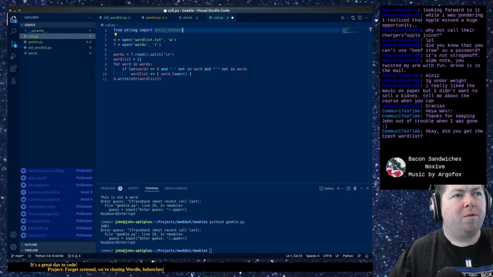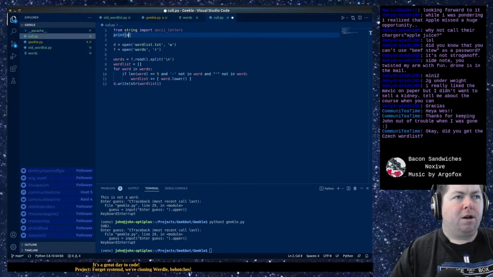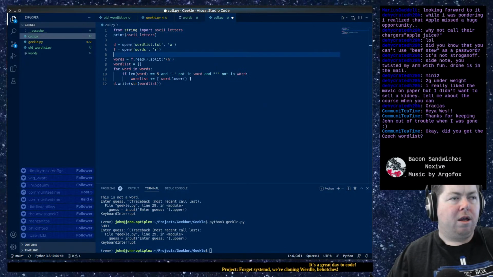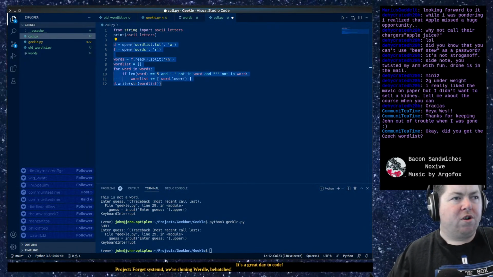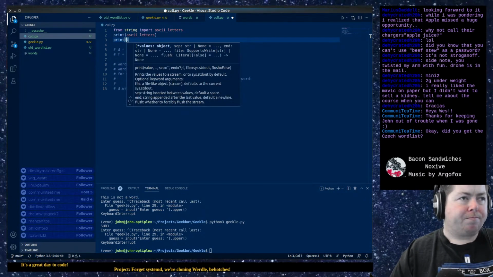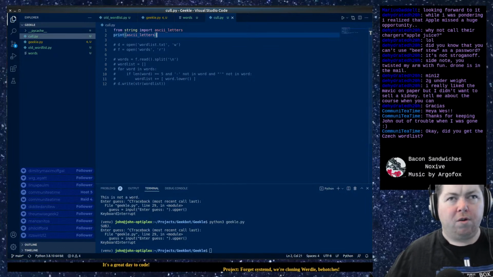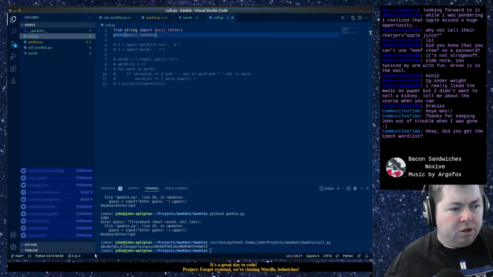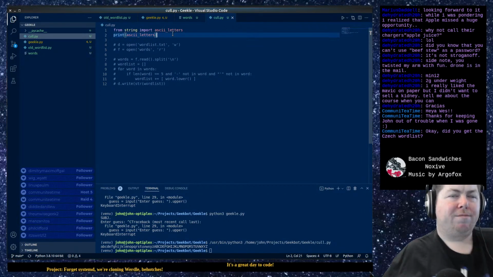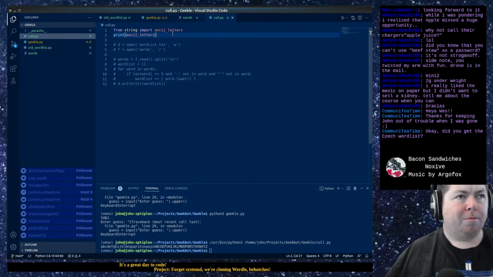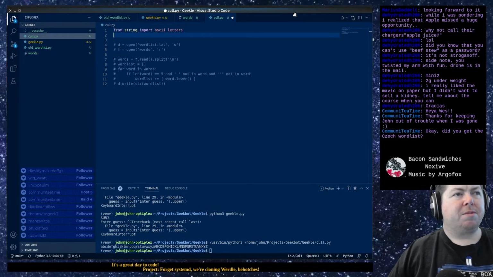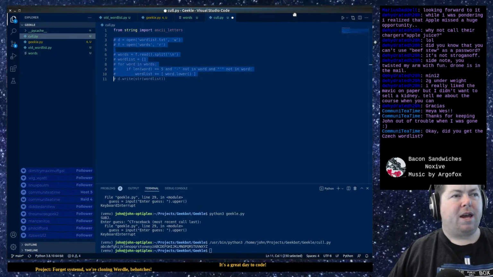Now, if you're not familiar with what ascii_letters is, it's just a variable in string that contains all the letters of the alphabet. So very good for comparisons like what we're doing here. You see it has upper and lowercase letters. We could get more specific and get uppercase letters or lowercase letters, but we don't need to do that for something this small. But that's what that is.